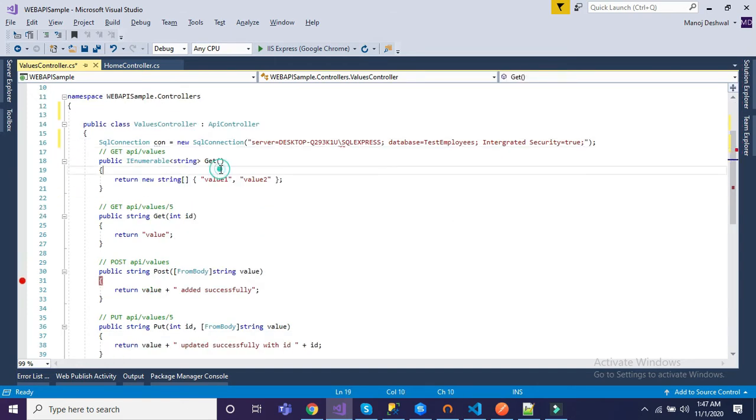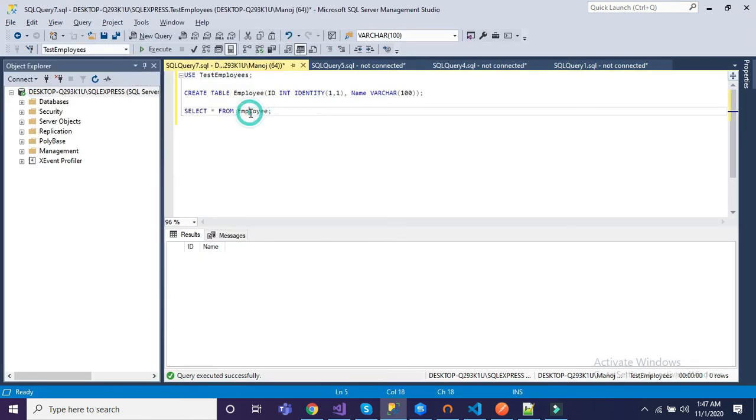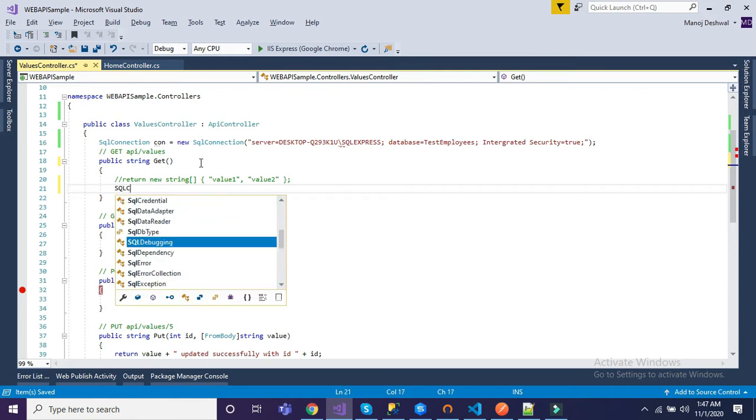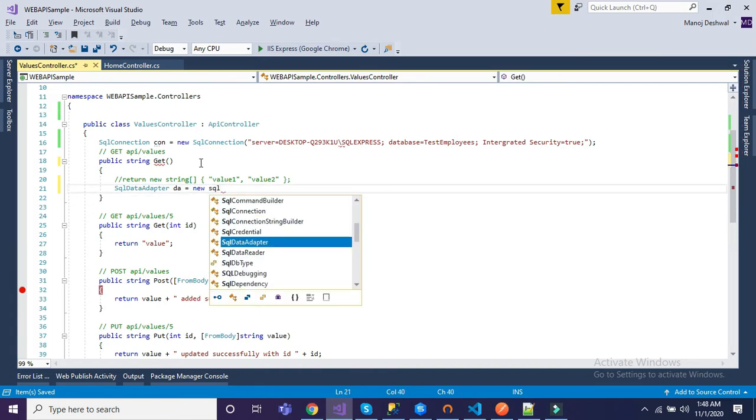Now through this method we will get all the records which are present in this employee table. Alright, so let me change it. First let's change the data type, and now let me comment this one. Now SqlDataAdapter, new SqlDataAdapter.